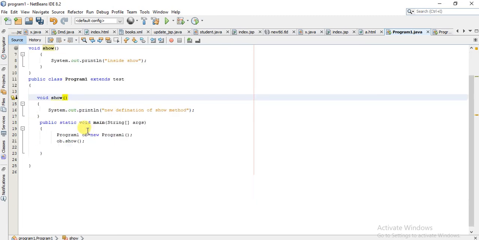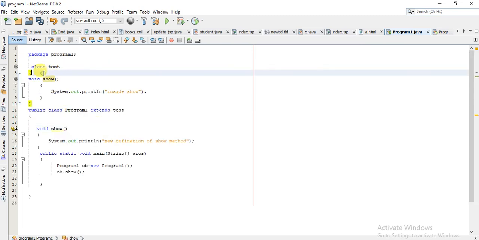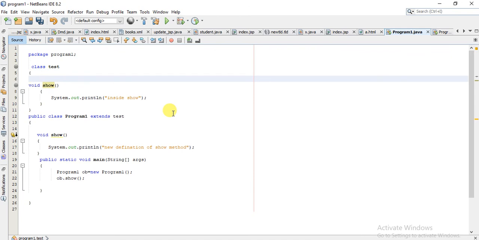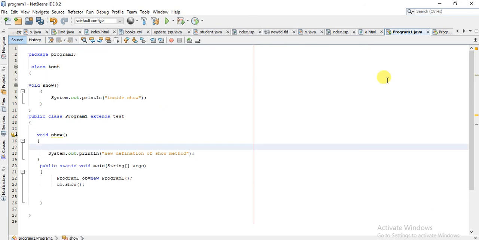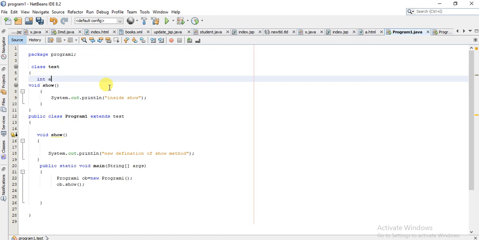Now we can also use final with variables. Let us try to use final with a variable, int a.